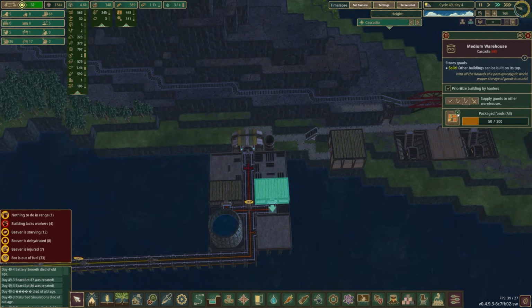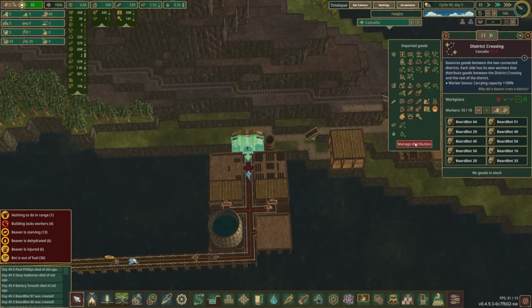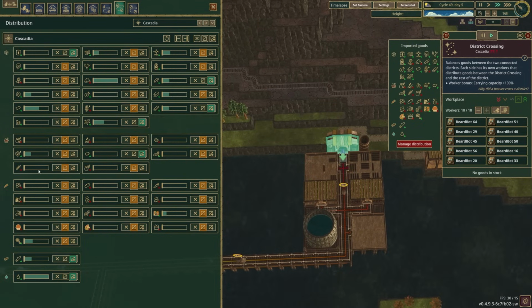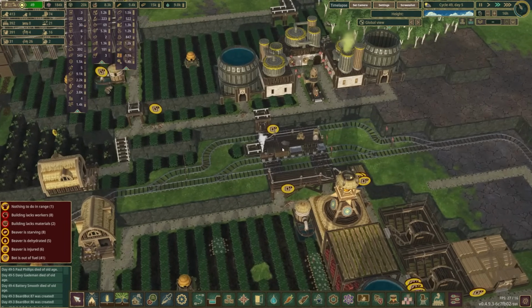If we can actually get this rolling with the spatterdock, we're not going to need to have the biobeavers here anymore. So I'm going to change this over to just be raw spatterdock. And I suppose, where's our raw potato here? Raw spatterdock is going to be import always. That works just fine. And then we can come up here to our goods station